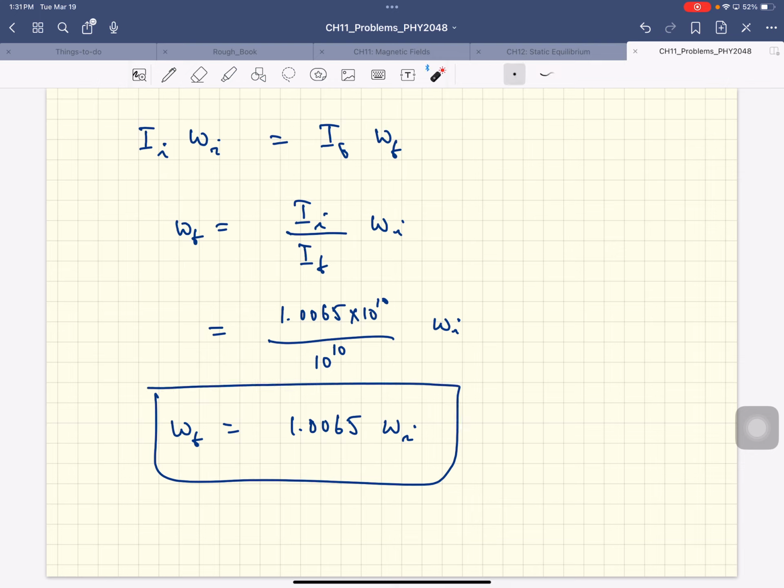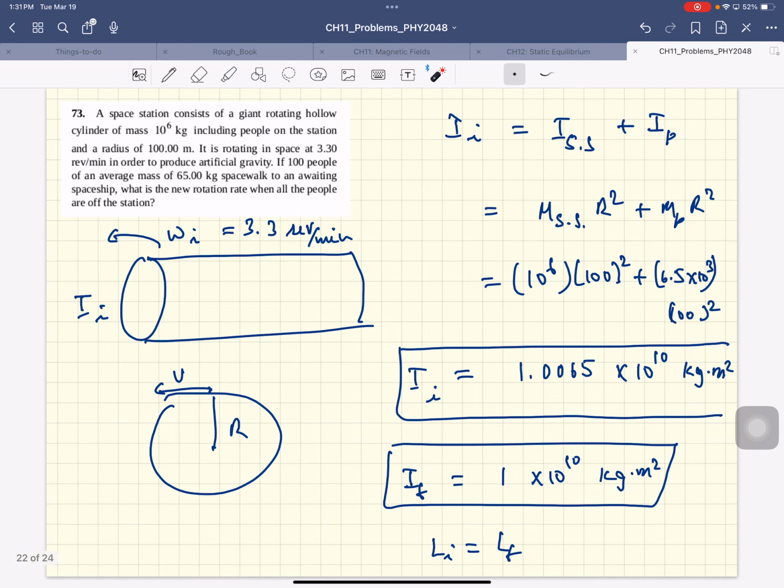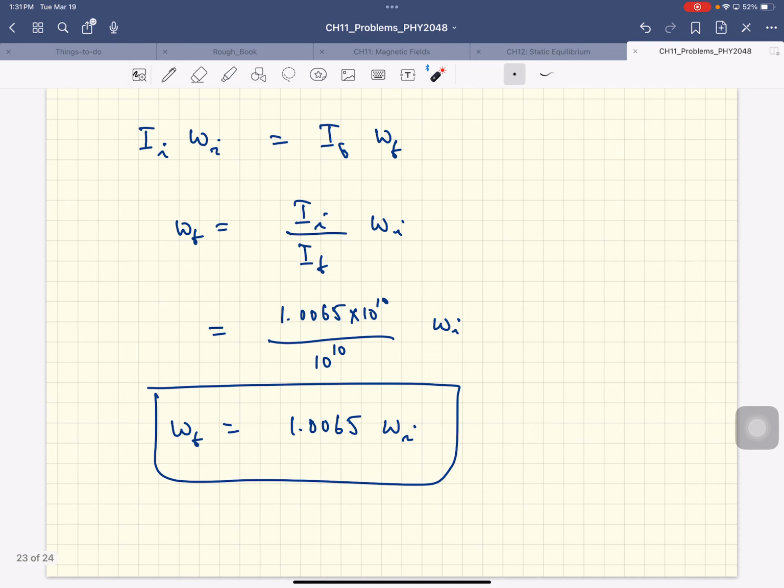So the final velocity increases by 0.6%. And that should be as it is, and that's how it should be. You don't want to change the angular velocity too much. All right, guys, so